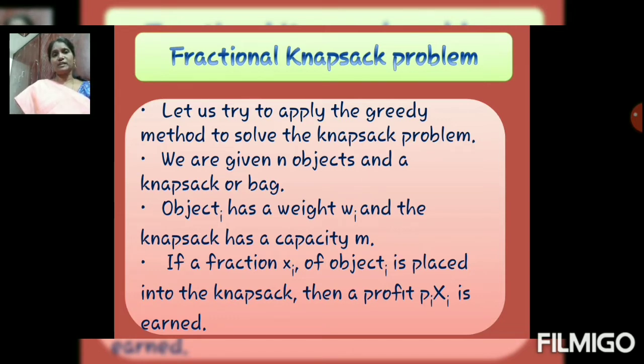Talking about the items, there will be a number of items. The number of items will be n. N is the number of items given. If 3 items are given, n is 3. If 4 items are given, n is 4. For every item, there will be a weight and there will be a profit. For every weight, there is a profit. So in the knapsack problem,